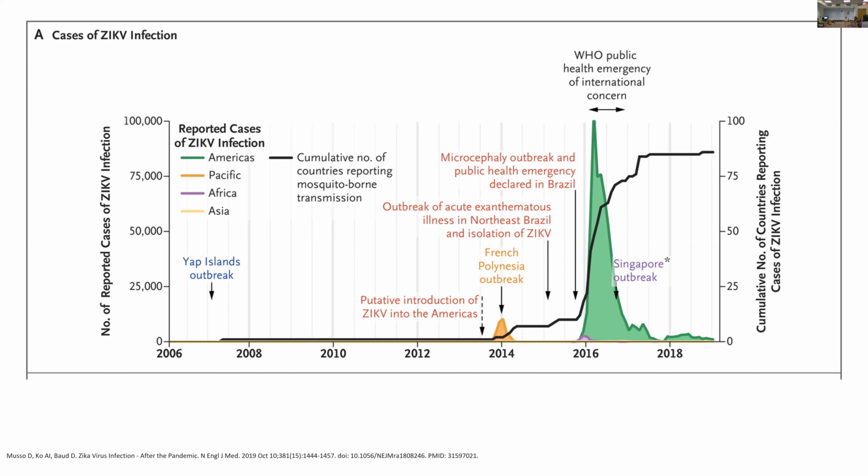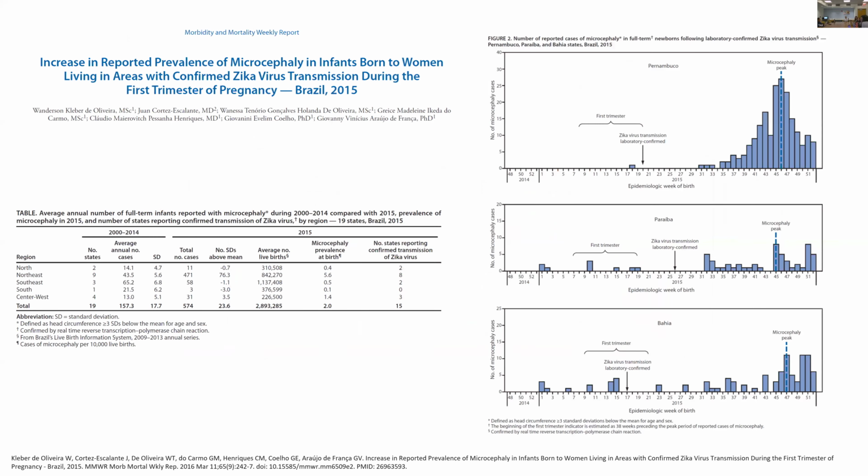And it was really kind of a perfect storm there, where we had a completely naive population with a virus that had also undergone some mutations that made it more likely to have increased transmission. And then as quickly as it appeared, Zika kind of disappeared from the international scene as well. But it is still out there and it could come back. But there's some interesting epidemiology that was done, because